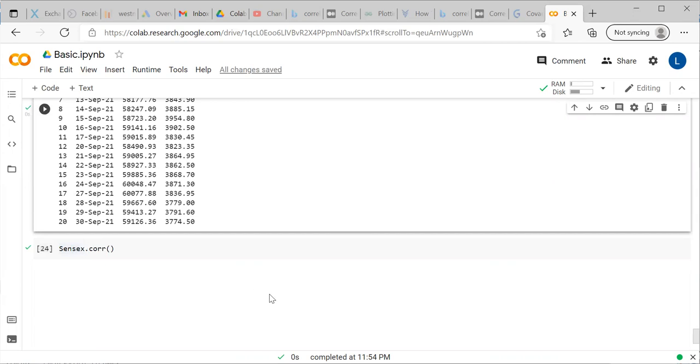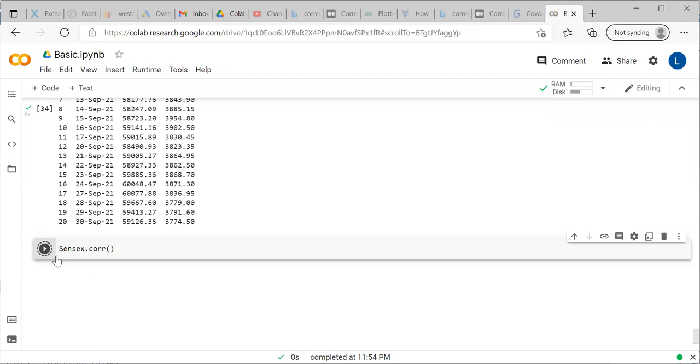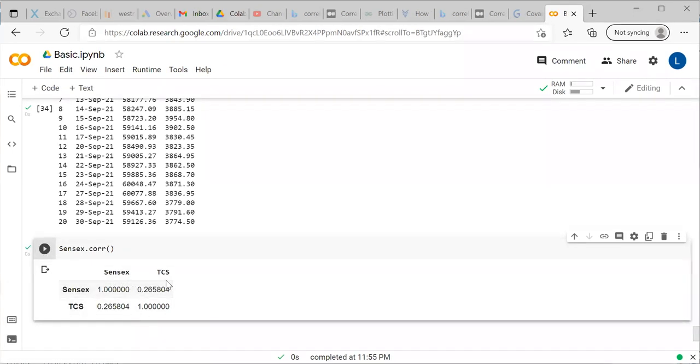Here we have named it sensex.corr(). Once you execute this code, you are getting a matrix. Since here it is two values only, we don't need to worry. Both are positively correlated, but the strength, if you see, is only 0.26.